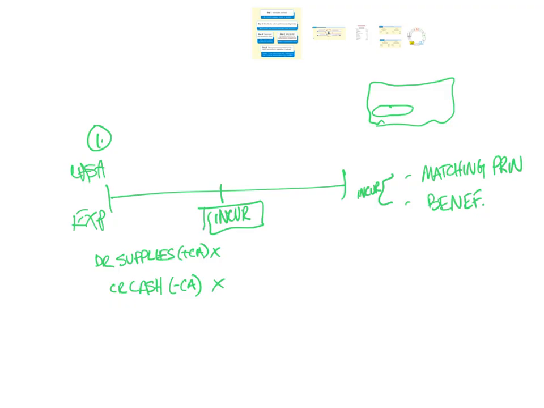Once we use up our asset, our supplies, so in this example, when we get to the incurrence piece, we've now used supplies, we have another journal entry. Remember, we'll record an expense, increase in expense, but decreasing stockholders' equity. Namely, if we're using supplies, our type of expense is going to be supplies expense. We record supplies expense when we use up the supplies, and then our credit obviously is to supplies because we're using it up. By crediting this asset, we are decreasing the current asset. And that would be our journal entry if we paid cash prior to the usage of the asset that we